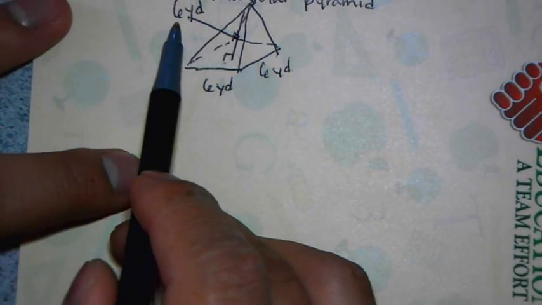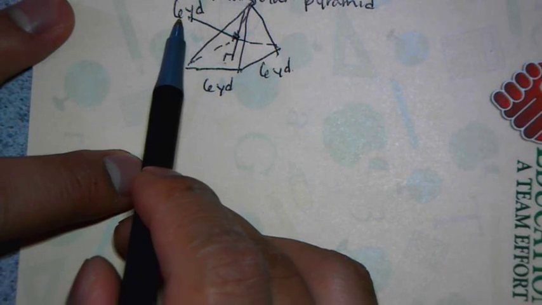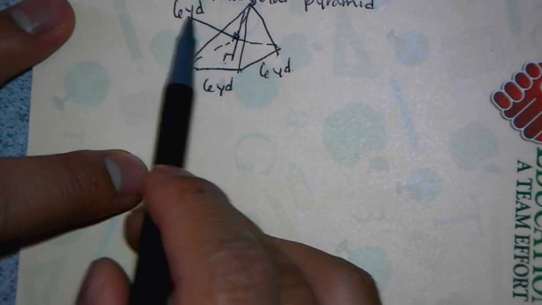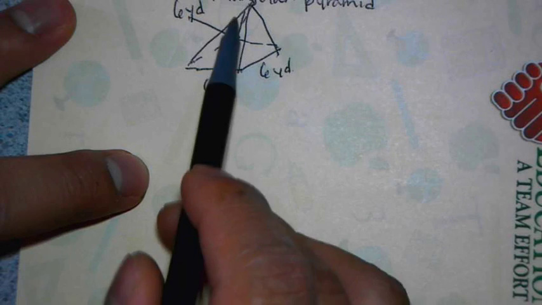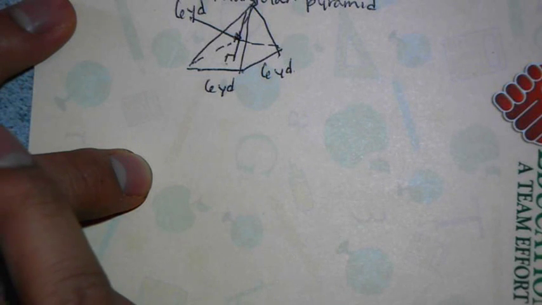Now I want to make a point of this particular arrow. This particular arrow refers to the height of the prism. How big or how tall does the prism stand? I'm sorry, the pyramid. How tall does the pyramid stand? Okay, and that's going to be very important when you calculate the formula. When you actually figure out the formula. So,